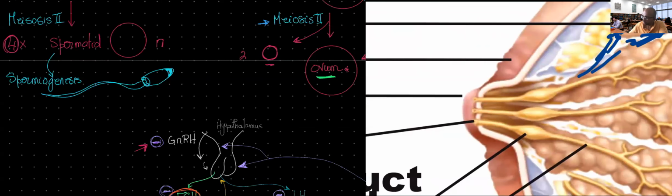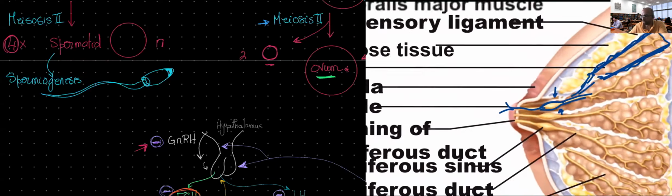If you look closer, towards the end of each duct, we've got a bulging part. This is where we store the milk. Oxytocin here acts to contract those pouches to squeeze the milk out through the openings of the ducts in the nipple. We call those bulging sites the lactiferous sinuses.